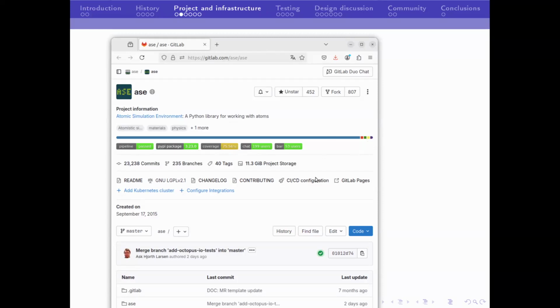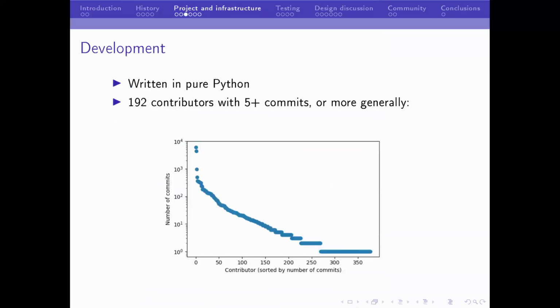Anyway, almost all of the development takes place on GitLab. So we would create issues and open merge requests and discuss it there, and then hopefully merge it eventually. So the actual Git repository, well, it's all written in Python, and there are 192 contributors now with at least